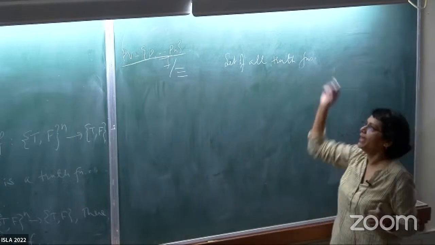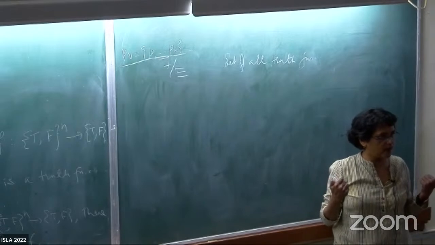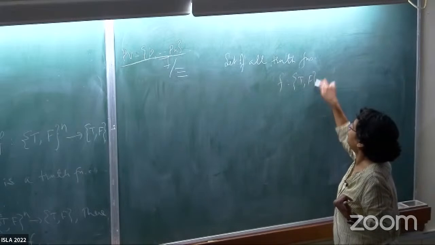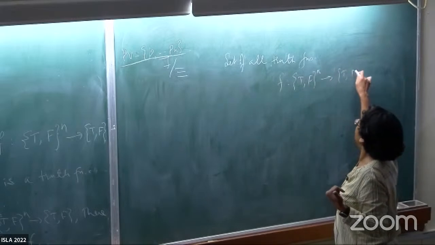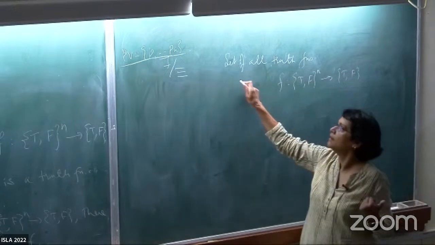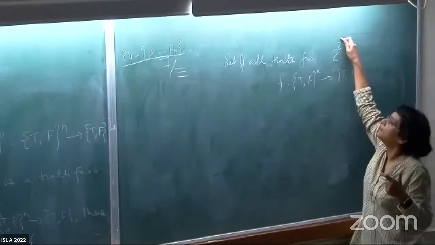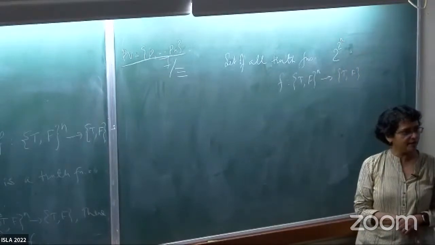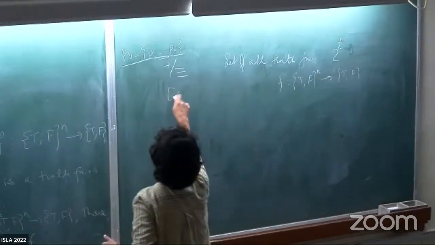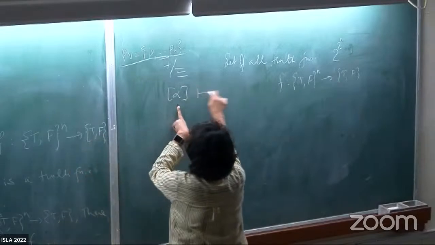Tell me, if n is fixed, how many such truth functions would you have? So remember, a truth function is from T comma F to the n to T comma F. So how many? Yeah, 2 to the power. Right. And what have we got through these two results? Given any equivalence class, I map it to